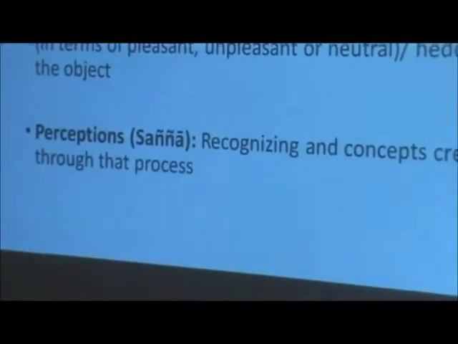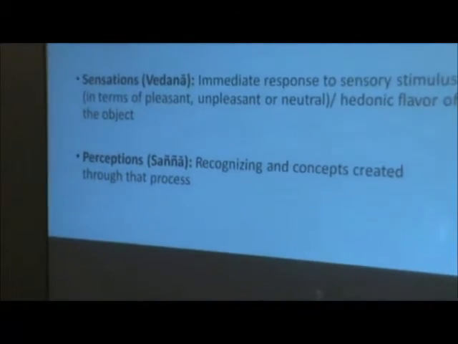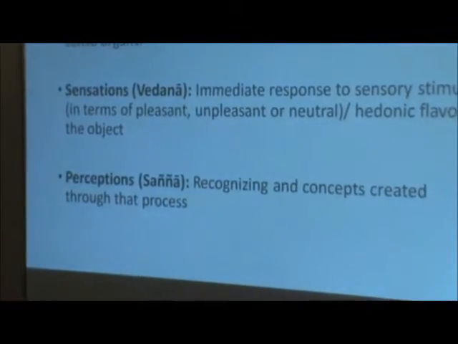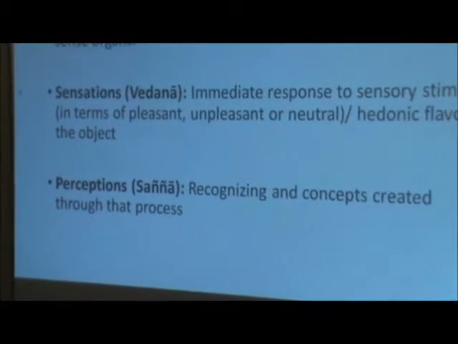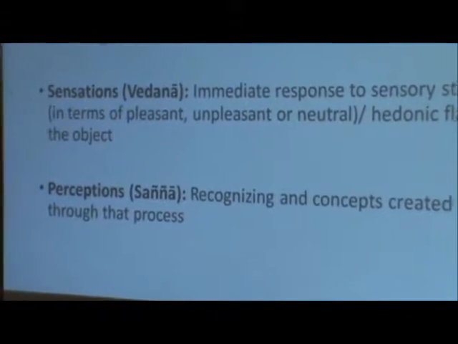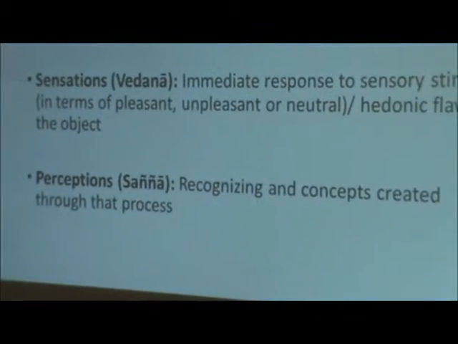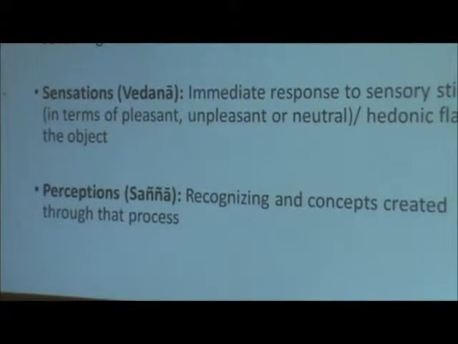So then we come to the other aggregate, which is sanya. We usually translate it as perceptions. As I told you earlier, there are two aspects. One is the act or process of recognizing the objects, and also the concepts and categories that we have produced in that process, which in turn influence our recognizing of other objects. Do you see this circular pattern? Yes. So it's very important.